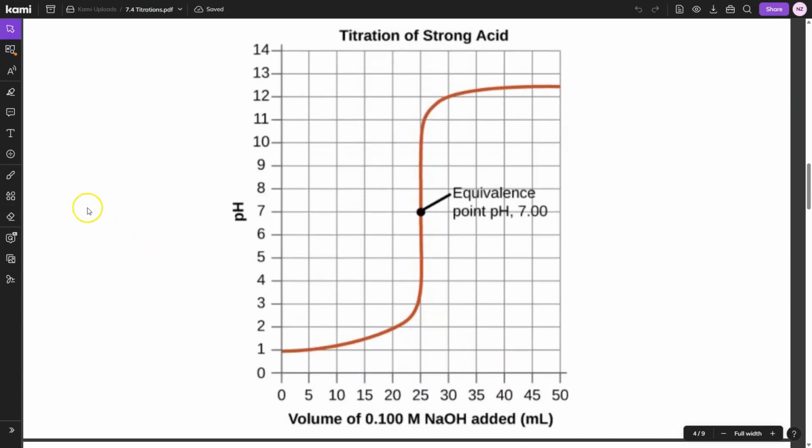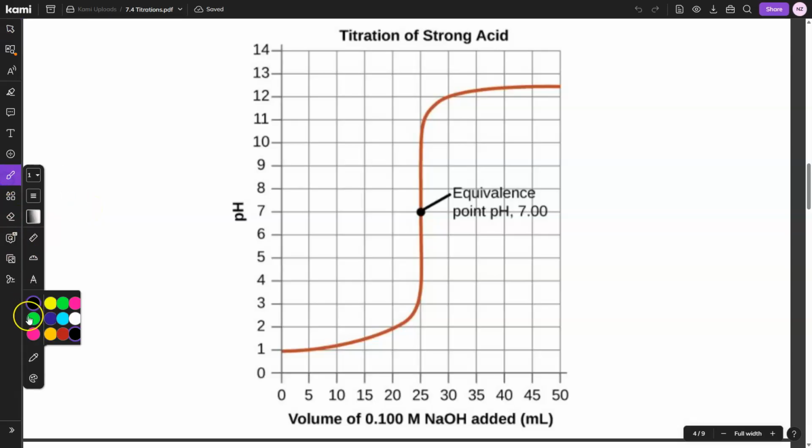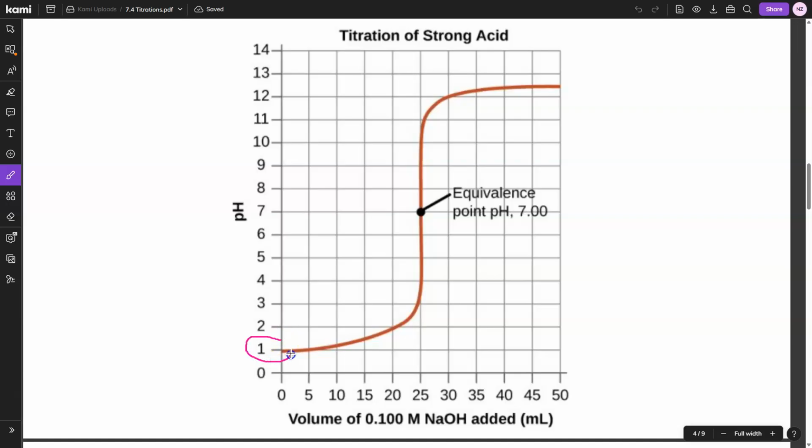So this is a titration curve, and we are starting out with an acid. I know that we're starting out with an acid because our pH is about 1 when we start. So we start out with an unknown acid, and we start adding base to it. As we add base, notice our pH begins to climb. And then, after we've added about 25 milliliters of our base, you notice that the titration curve just basically goes vertical. And pH around 7 is where we reach our equivalence point, where the concentration of hydrogen and hydroxide ions